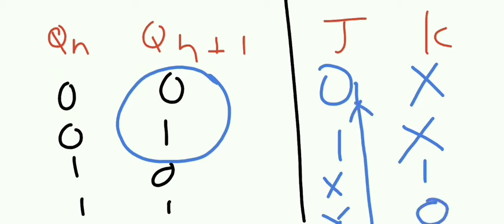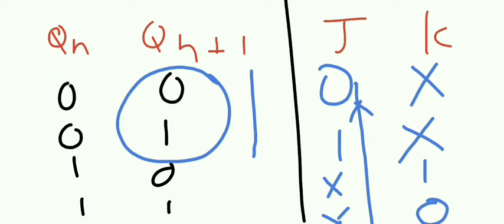Like that you go, right? So for JK flip-flop, excitation table is like this. Excitation table gives what will happen in the input when your flip-flop output is changing the state from one state to another state. So simply to remember the excitation table of JK flip-flop, you remember these next state Qn+1, first two you write as it is, next you put XX, K is exactly opposite, XX 1 0.